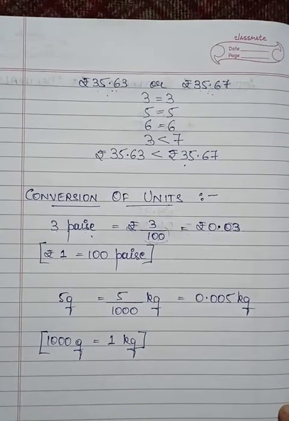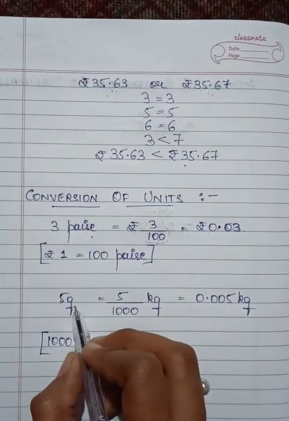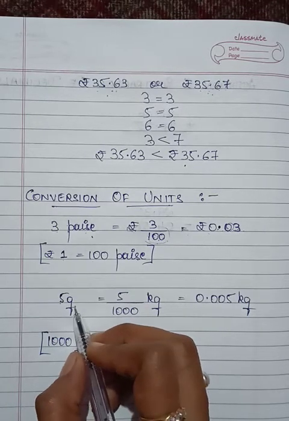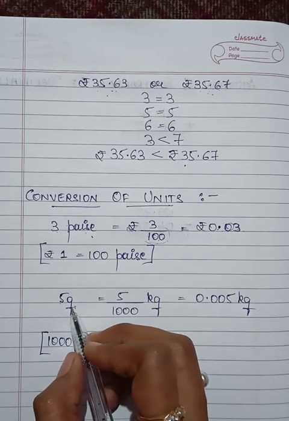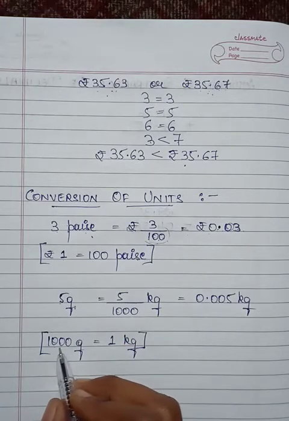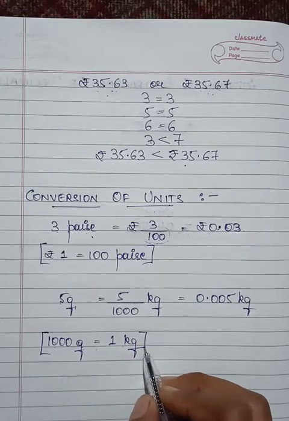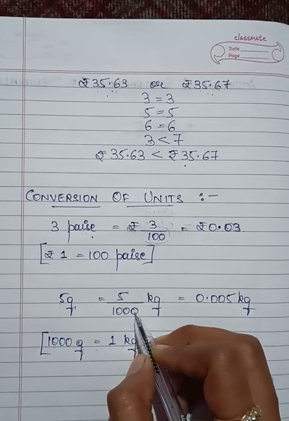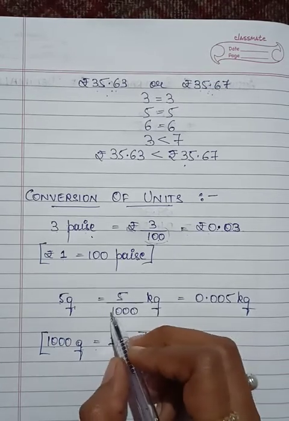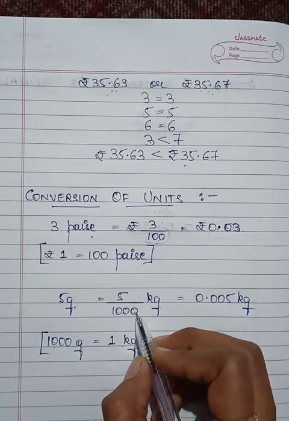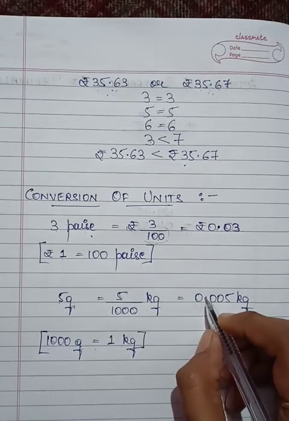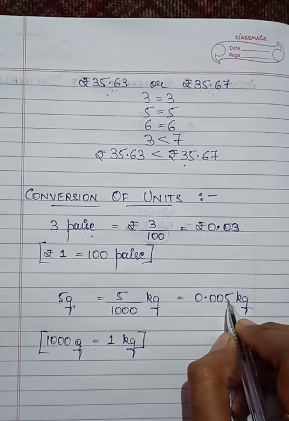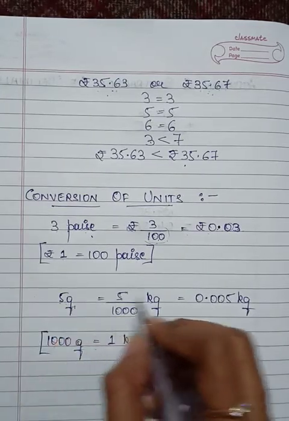Now coming to the second example, 5 grams has to be converted into kg. Gram being the lower unit, let us convert this into kg. We know that 1000 gram is equal to 1 kg. So I divide 5 by 1000 kg. Here I have 4 places in 1000. So leaving one place for the decimal, one for 0, second for 0 and third for the numerator, I have converted 5 gram into